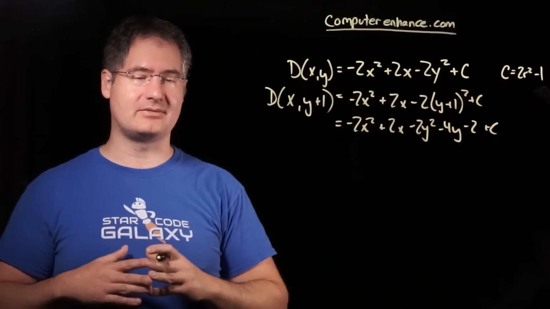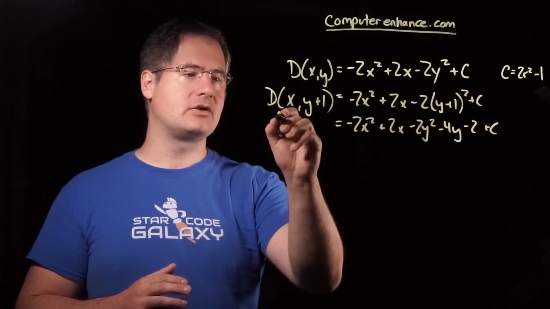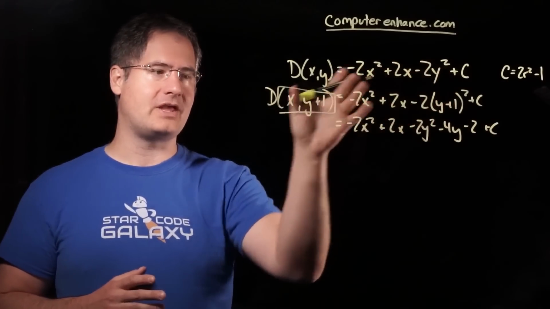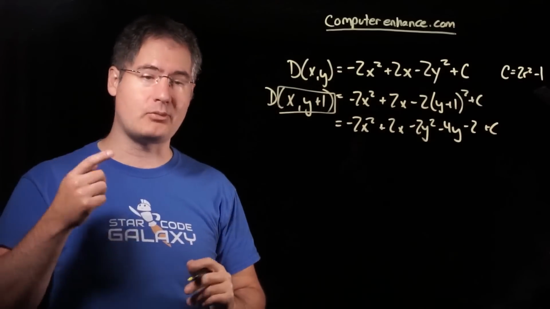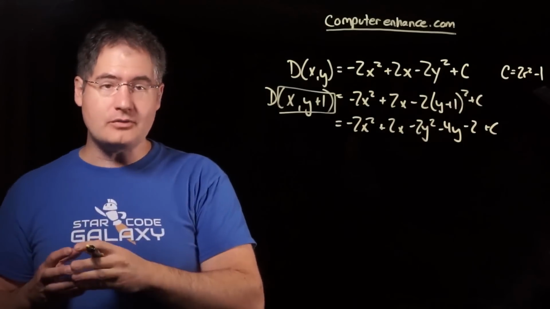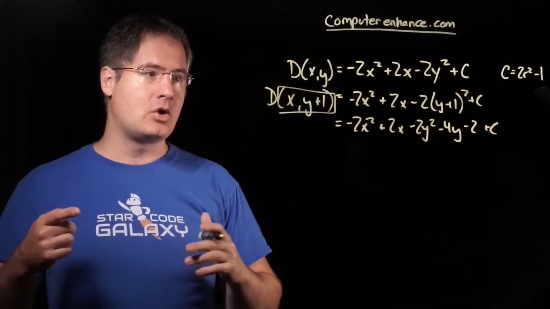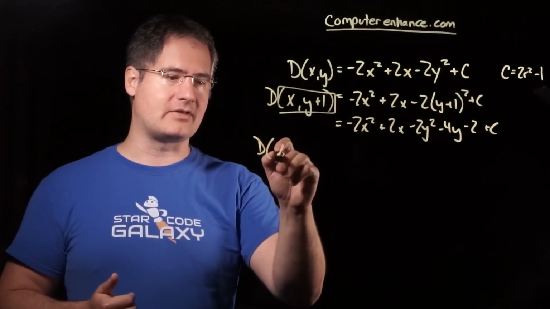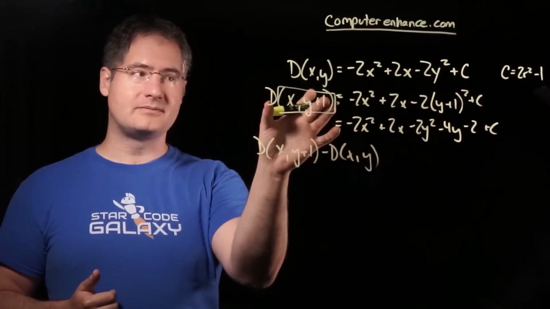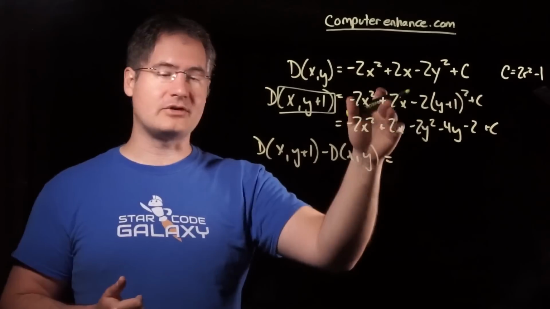I shouldn't. I make careless math errors all the time. So this is what would happen when we move up y by 1. This is what its value would be on the current pixel, and this is what its value would be if we moved up 1 pixel. If all we need to do is update from a known value, which we already are saying we would keep in our loop, to the next value when we move up, what would we do? Well, we just write that subtraction. We take this, we subtract where we started, which is this,